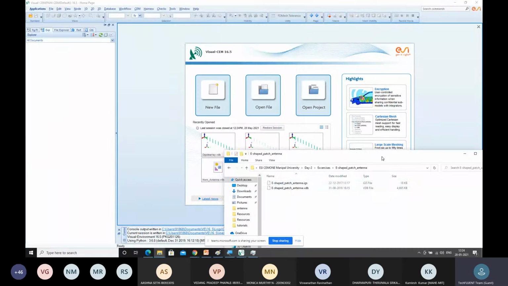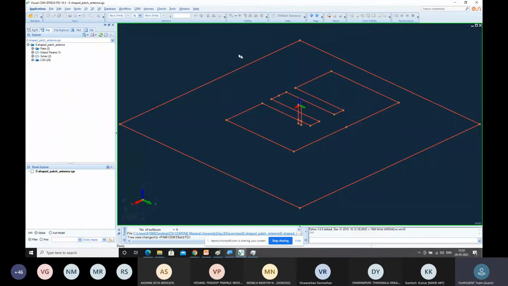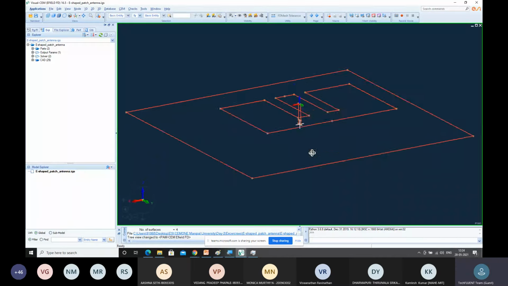I'll drop down the IGS file for E-shaped patch antenna. So this antenna will be completely dealing with time domain solver.